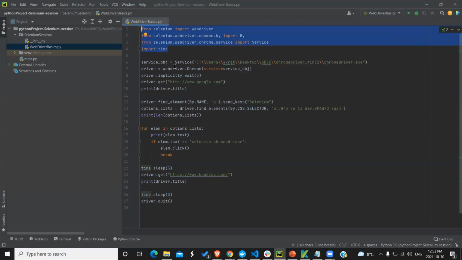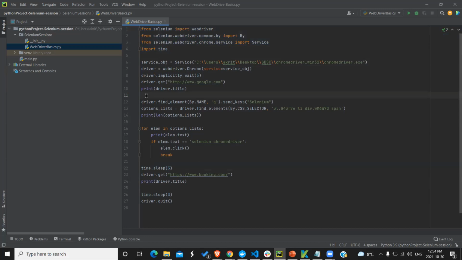And now we have imported time. This means that whenever I perform time.sleep or anything related to time, it will use this library. After that, once you open the browser, it is important for us to navigate from one part of the page to another.